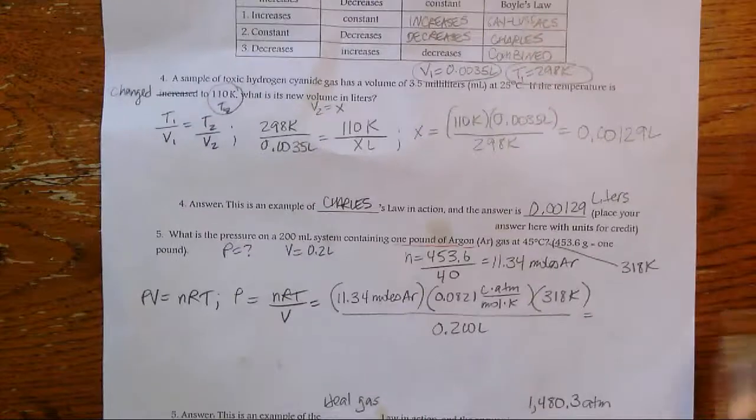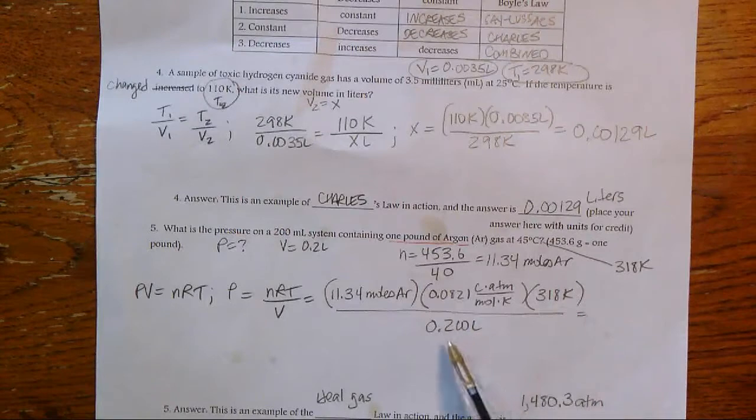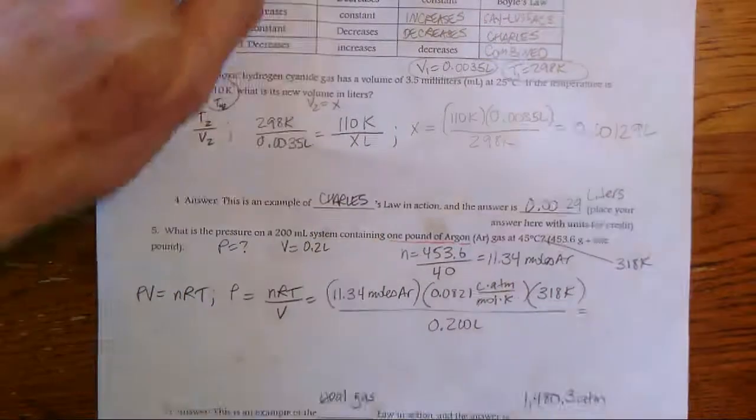Okay, so there's your 318 Kelvin for your T. That's the proper units. There's your V in liters. It requires liters. And so we have 1,480 atmospheres of pressure using the ideal gas law. Problem